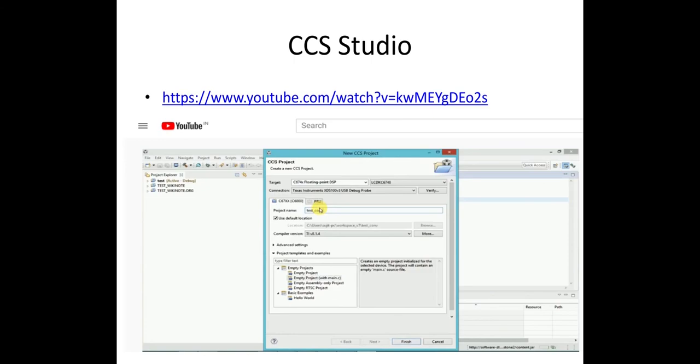It's a crystal clear video and it's similar to Keil, so you can get the feel of it within 5 minutes. Open a new file, edit it, save it with the extension .c. Then you compile it to check for syntax errors. If you don't get errors, jump to the debugging window, connect to the emulator, and so on. It's a very simple video where you can learn how to execute the C file in this environment.